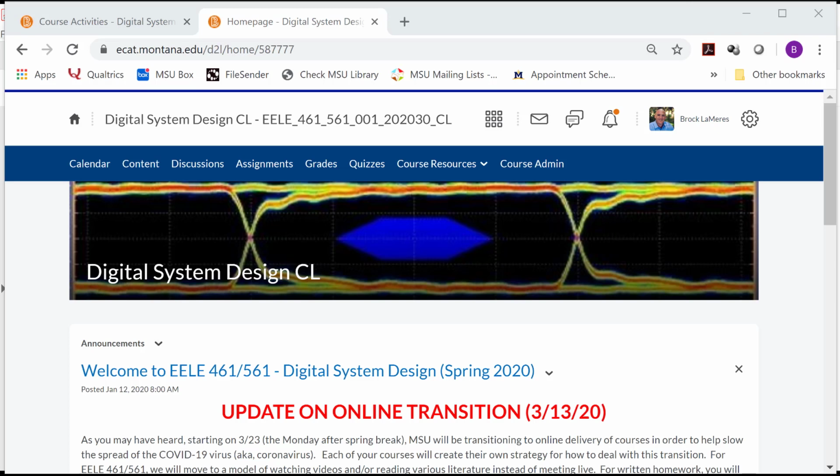This class is going to be pretty straightforward because it's a traditional 400, 500 level class, with a lot of me writing on a whiteboard and you doing homework that you write out. That can be easily handled with me making a video of me writing out notes on a piece of paper instead of on a whiteboard. Then you do homework just like normal. You download a PDF, you write it, and to upload it, you just take a picture of it with your phone and upload the images to the website. Or if you have access to a scanner, you can scan it.